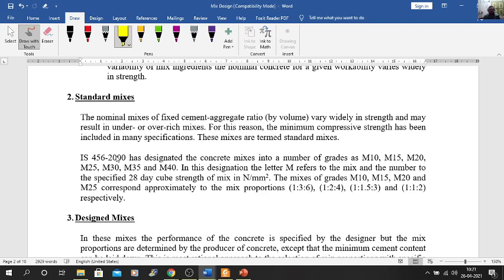So M20 and above, they are coming into the standard mixes, and the nominal mixes you can see, they are the mixes as per the volume and their approximate mix proportions, 1:3:6, 1:2:4, एक डेढ़ तीन, एक दो एक, for different grades of the mixes. The standard mix is the design mix.